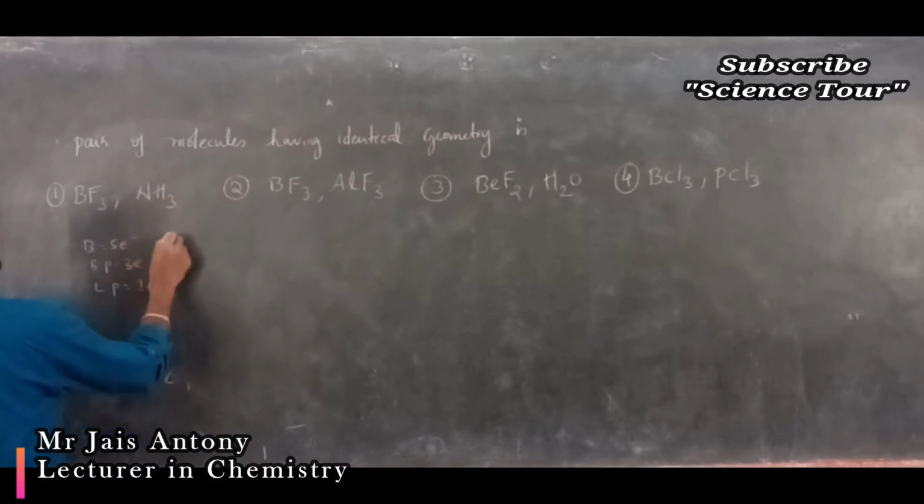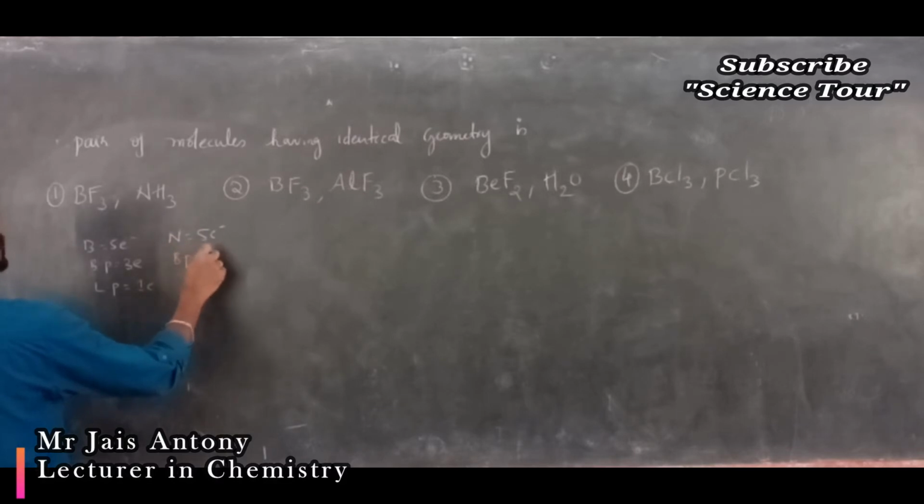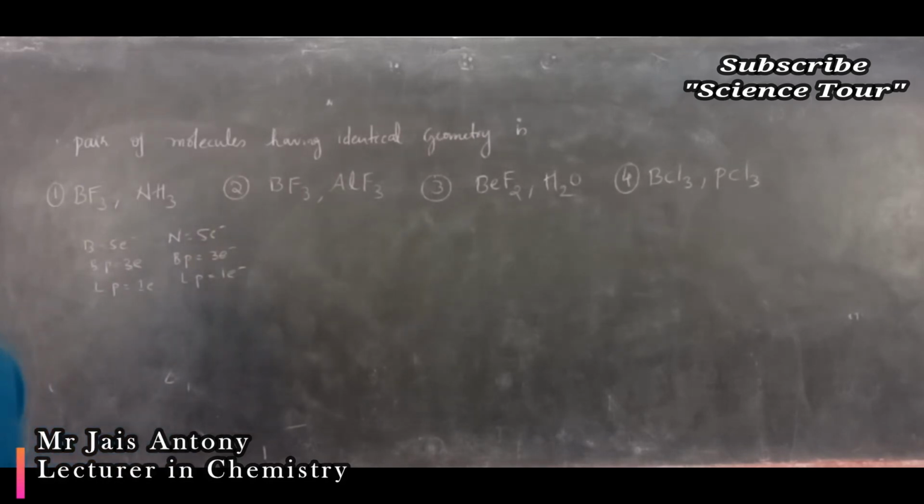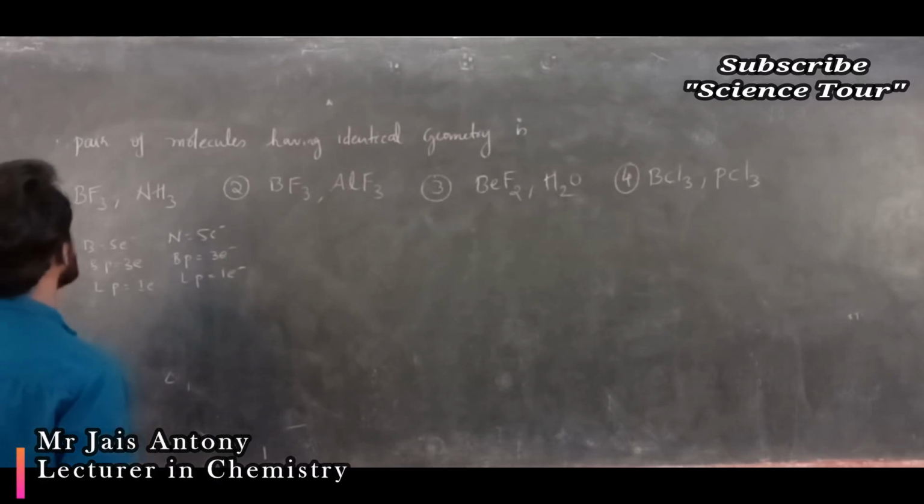Okay, here ammonia, nitrogen having 5 electrons, bond pair is 3 electrons, lone pair is 1 electron. Correct, no? So molecules having identical geometry is, 1 minute, nitrogen 5 electrons, 3 bond pairs, BF3,